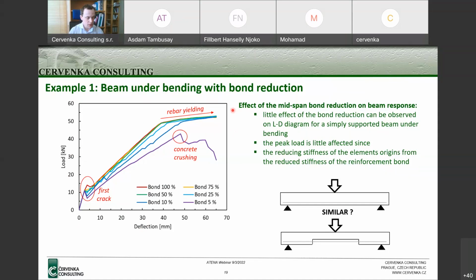Also, the peak load was similar, and also the failure mode. It was always the yielding of the reinforcement. We can see some small impact at the moment when the first crack occurs, and only if the bond was reduced to 5% of its original value,